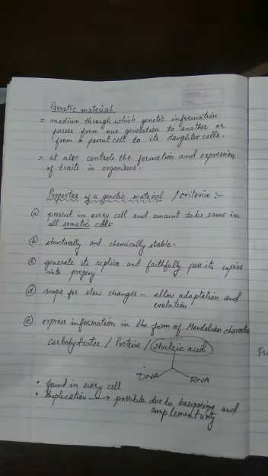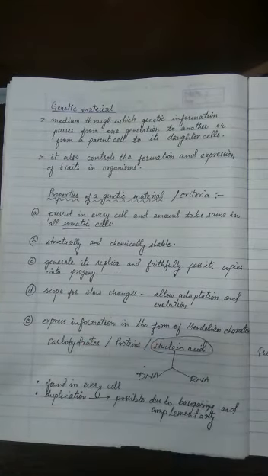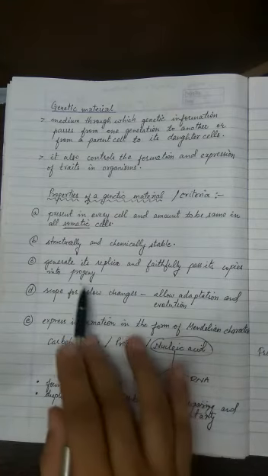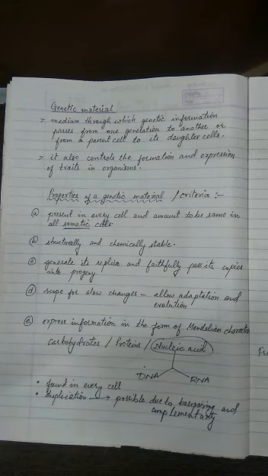The third property is that it should be able to generate its copies or replica, and then faithfully pass on these copies to the next generation, or you can say faithfully pass it on to the progeny. Fourth property, it should show some amount of scope of changes. We all know information should pass on normally,